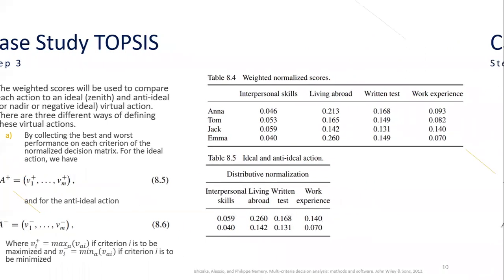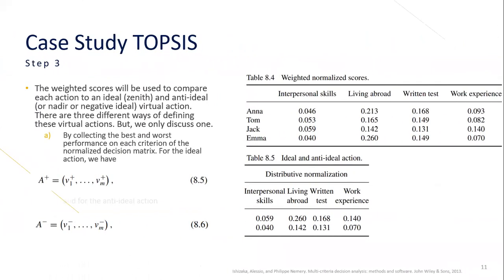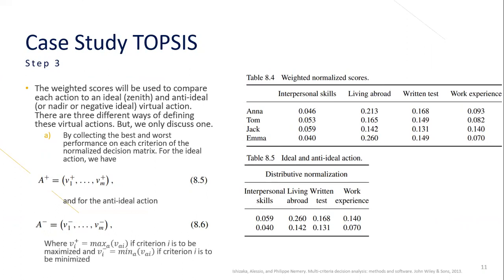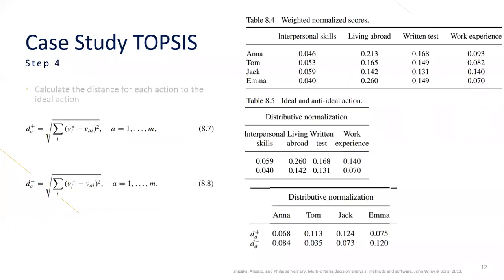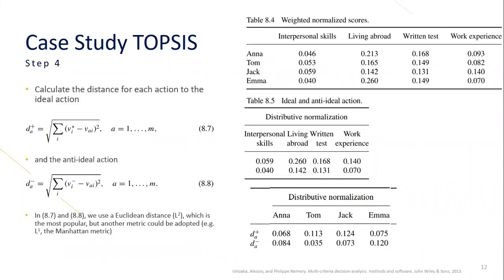Next. Okay, now that you have the ideal and anti-ideal, this is in the same slide. So next. Now, how do you define which one is close, which one is far? We have the concept of distance. Distance has so many ways to calculate. This one, they use the straight line formula.